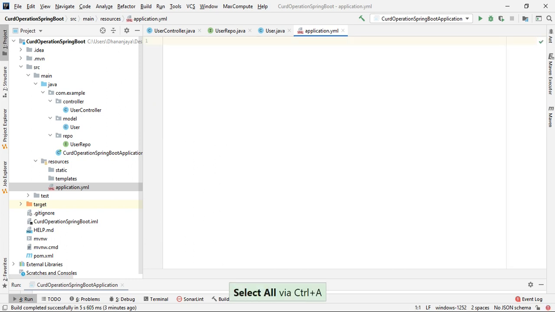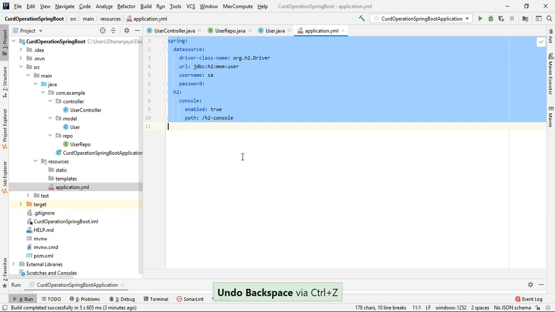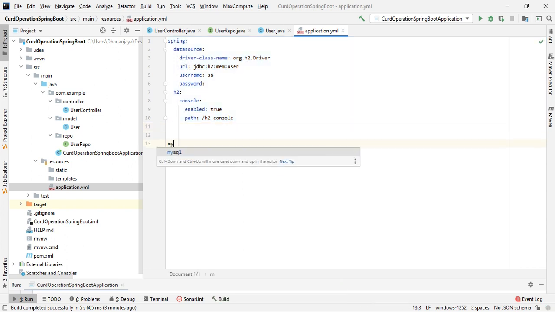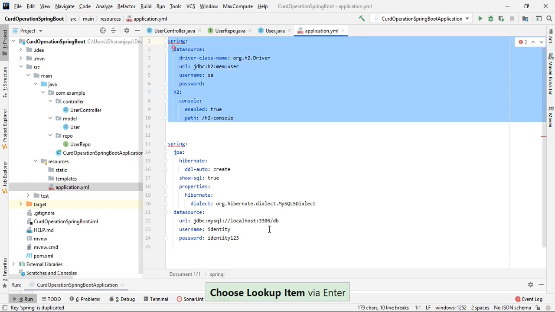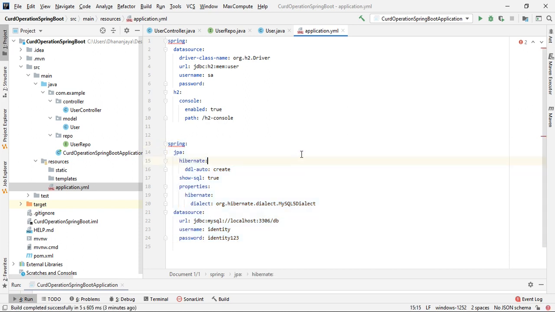Okay, let me change the properties. I have a live template for the MySQL database. So this is the MySQL specific code. If you see here, these are the properties for the H2 database, and these are the properties required for the MySQL database.